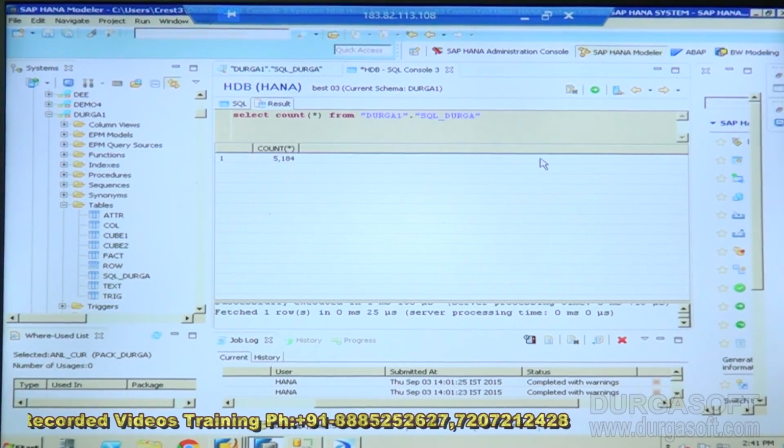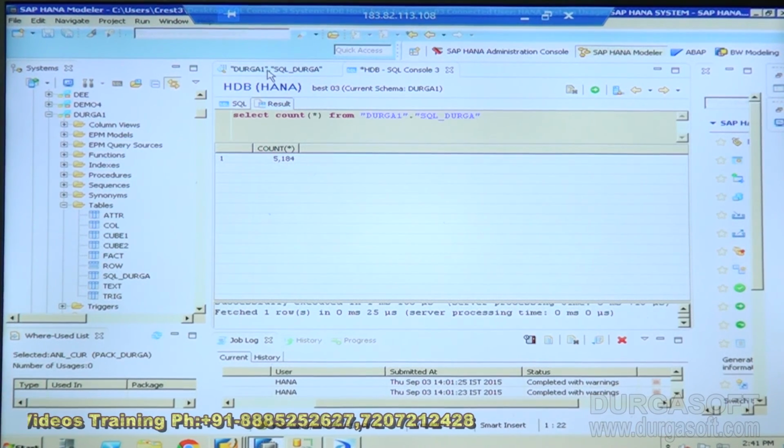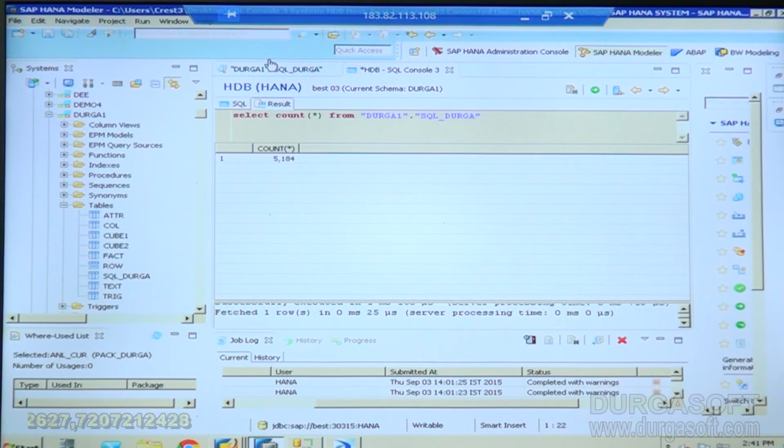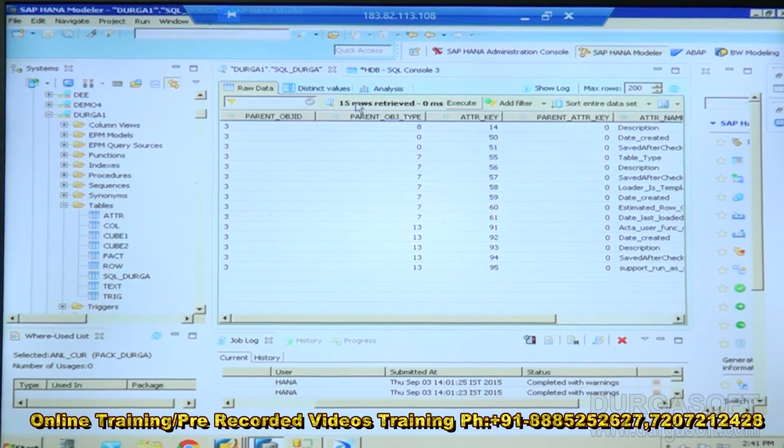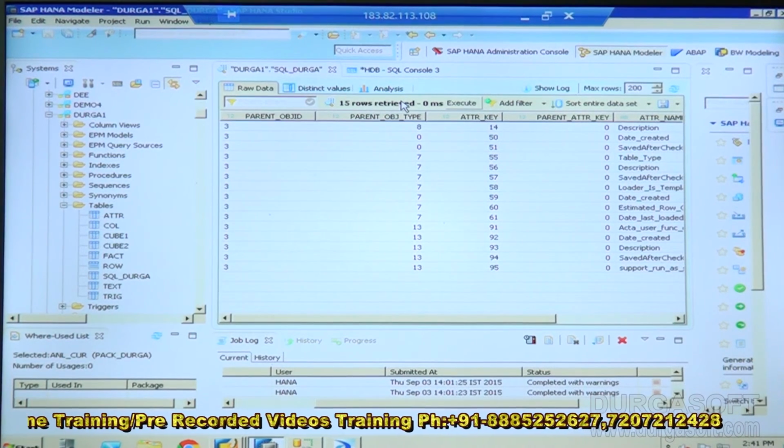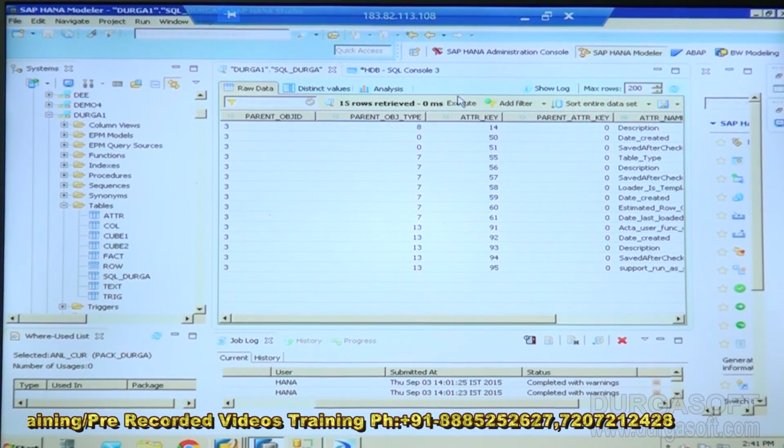The same query. We can check the data from here also. We can count easily because we made a filter on records. Previously we saw how to make a filter on the fields. Instead of loading all the fields, we can also load only the required fields. It's one way. See, here we got 15 rows, and here also, refresh. We get only the parent object equal to 3, only the 15 rows, and it takes only 0 milliseconds to bring up that data.